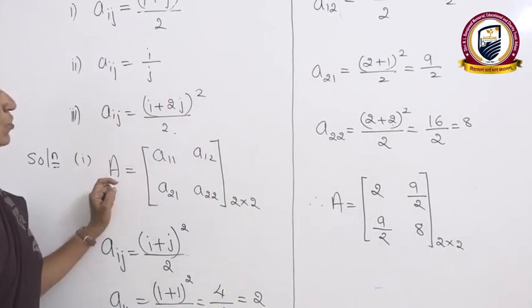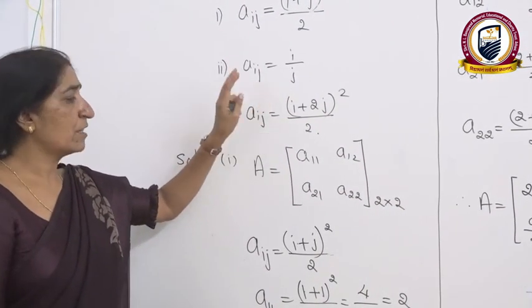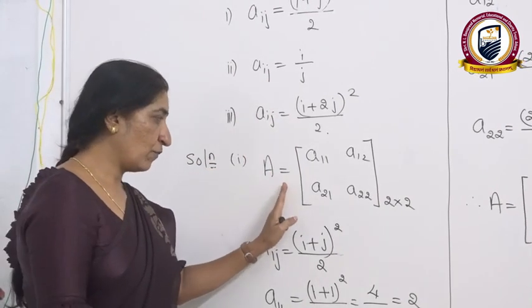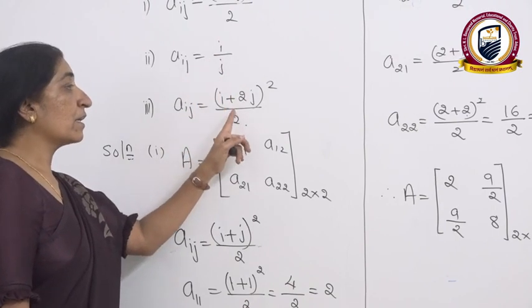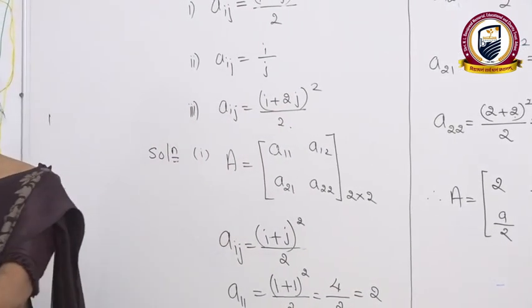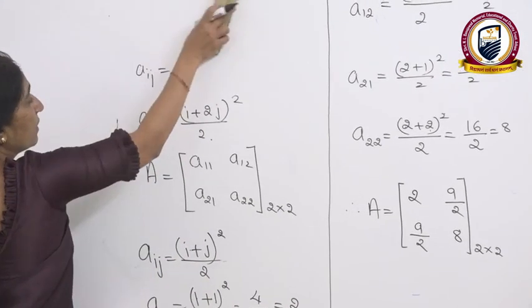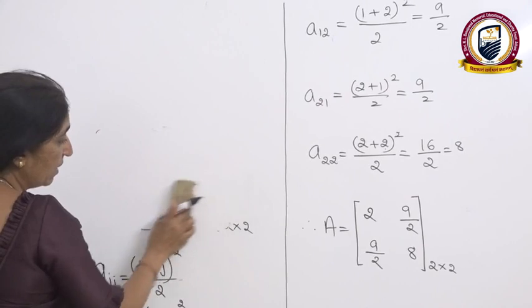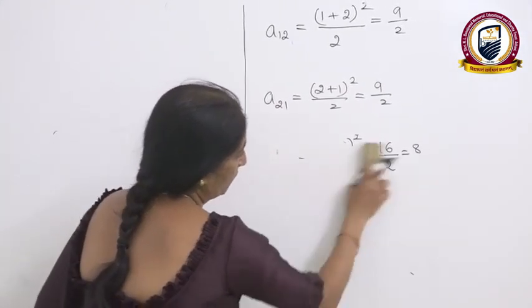The remaining 2 questions I will give you as an assignment. So try these two. Very simple. Just write down a matrix of order 2 by 2 like this and go on calculating the elements with the help of the given conditions. Come to the next example. Whatever examples I am giving are from the NCERT textbook, so refer to that also.